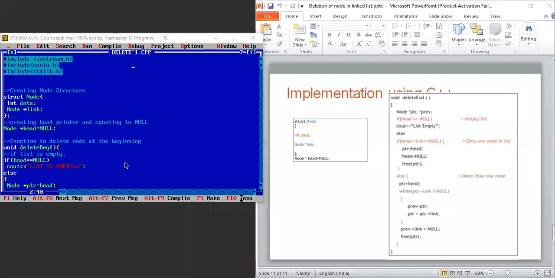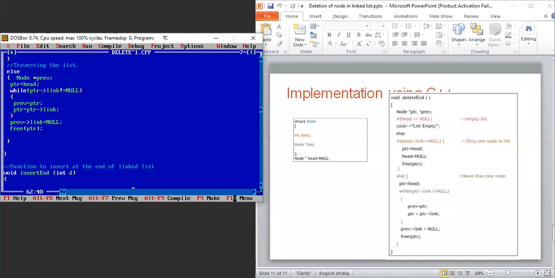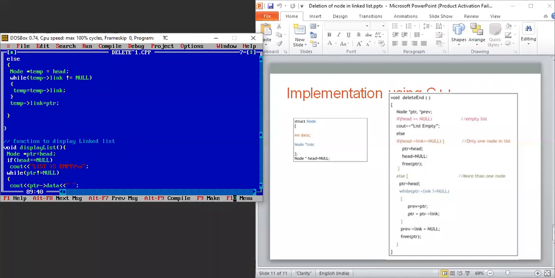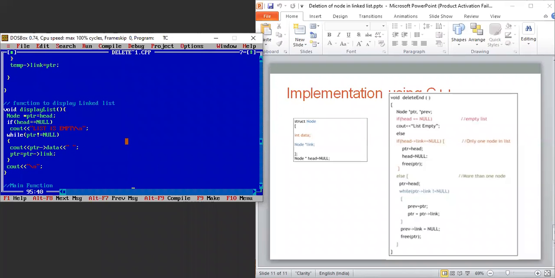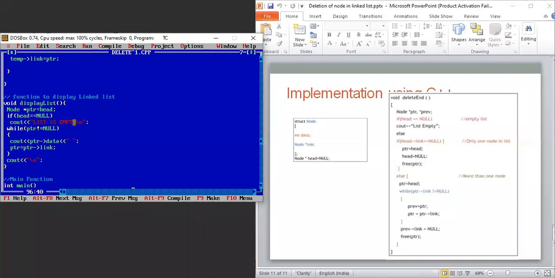So you can see here, I have completed this part, and here I have inserted that display linked list function. As you know, we need to check the value of head over here. If it is empty, it will show you that the list is empty.